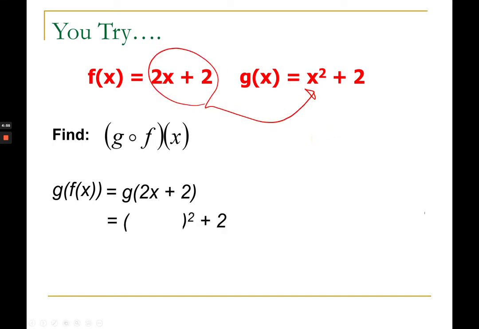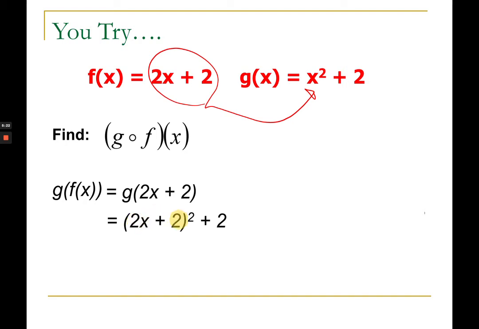Supposed to be g is square of x plus 2, but since we're performing composition, the whole x now from the g function will become 2x plus 2, which is your f. Now you're going to perform your binomial square or FOIL. Here is a shortcut. Supposed to be you square your first term 4 squared,